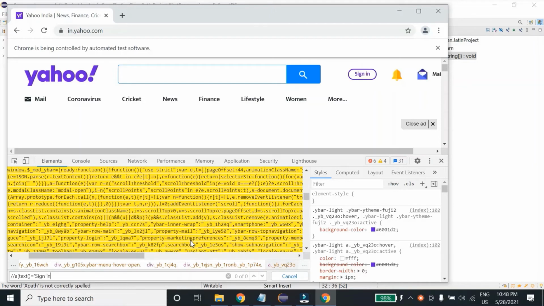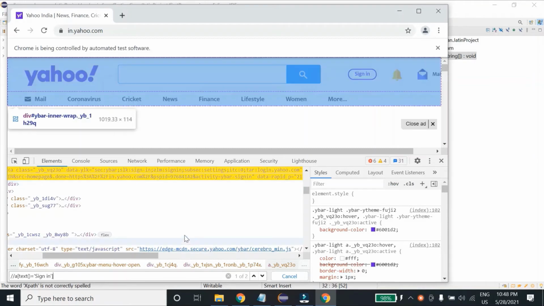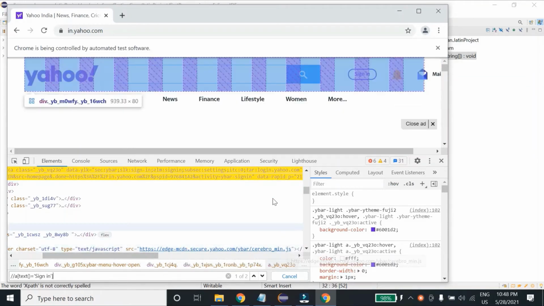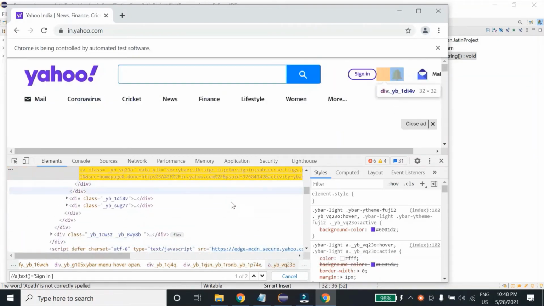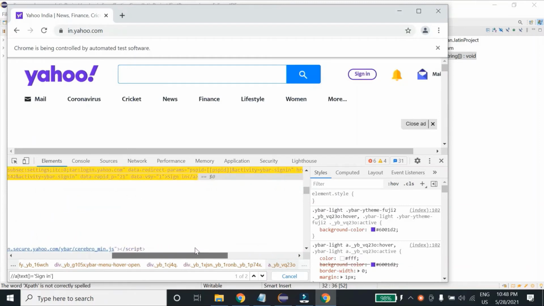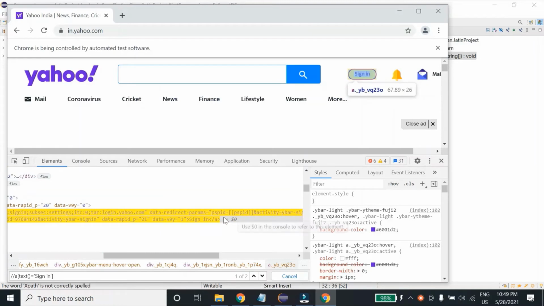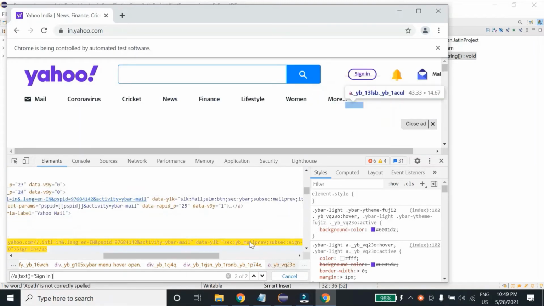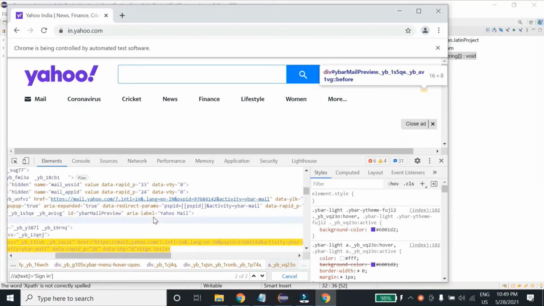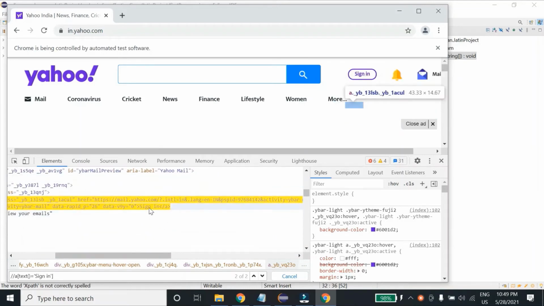Sign space in. So as you can see, it has found the element, but it has found two elements corresponding to Sign in. You can see the first one over here, that is our button which we are looking for, and the second one is over here, that element is hidden, but if you see in DOM, it is Sign in.